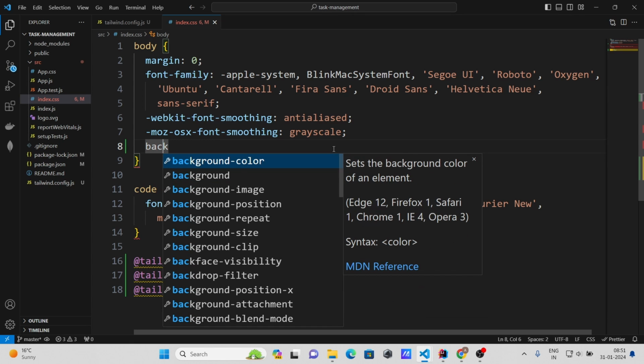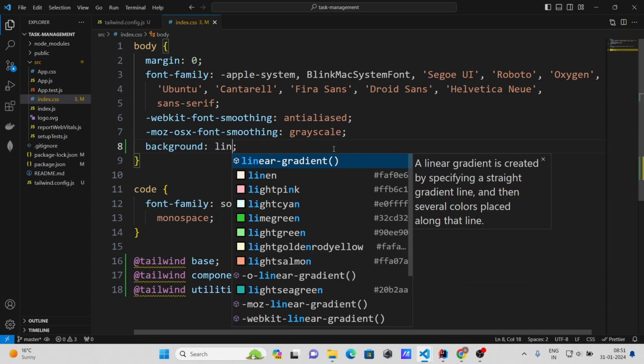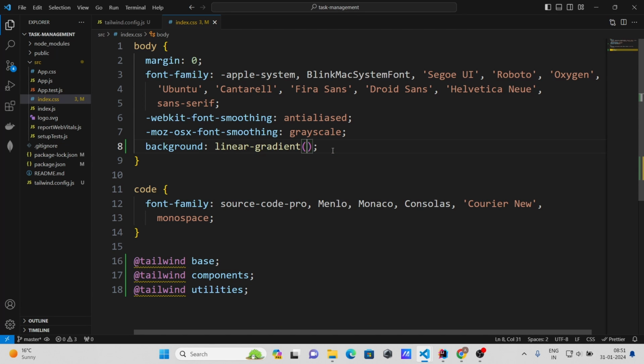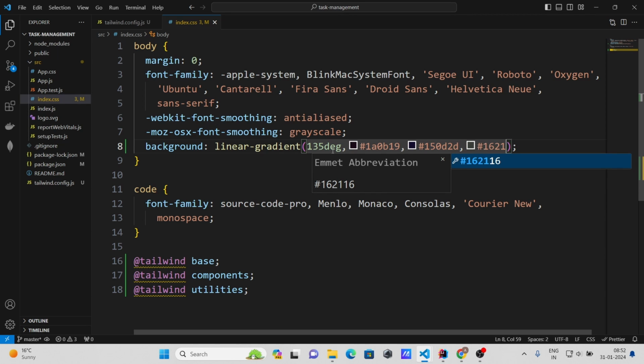Background: linear-gradient, I will give here 135 degree, then hashtag 1A0B19, then hashtag 150D2D. Okay, hashtag 162134,